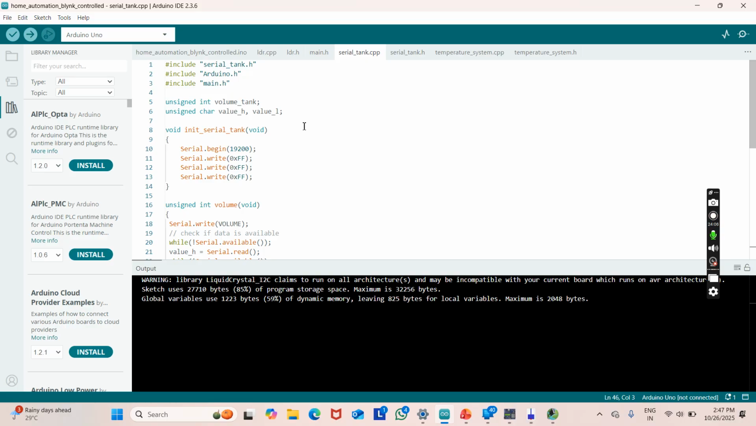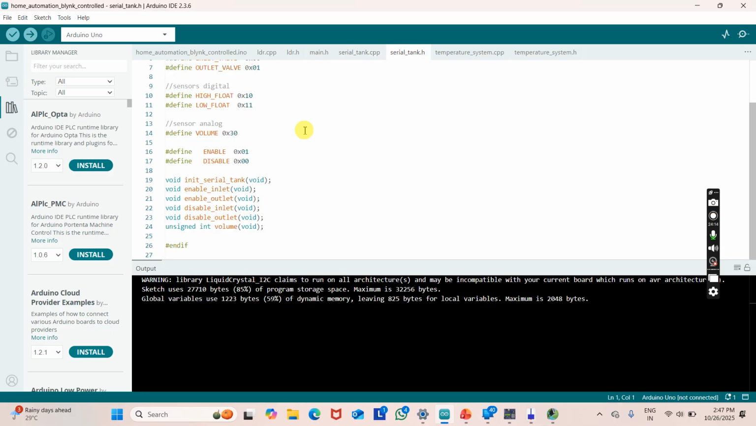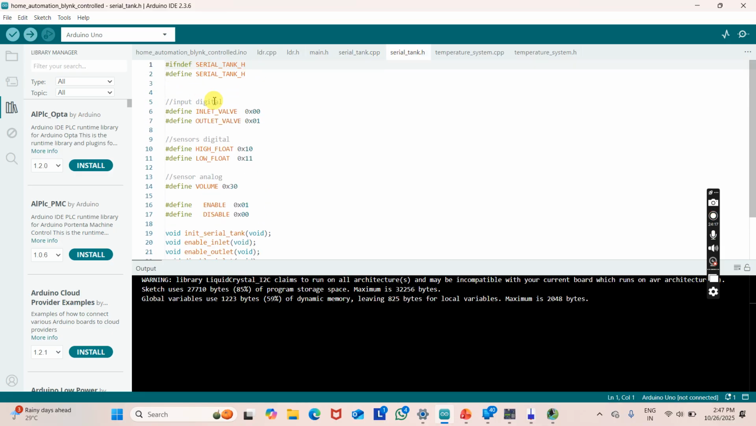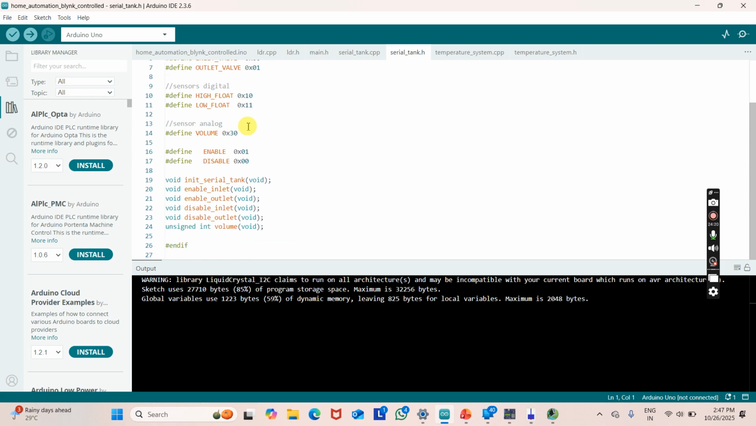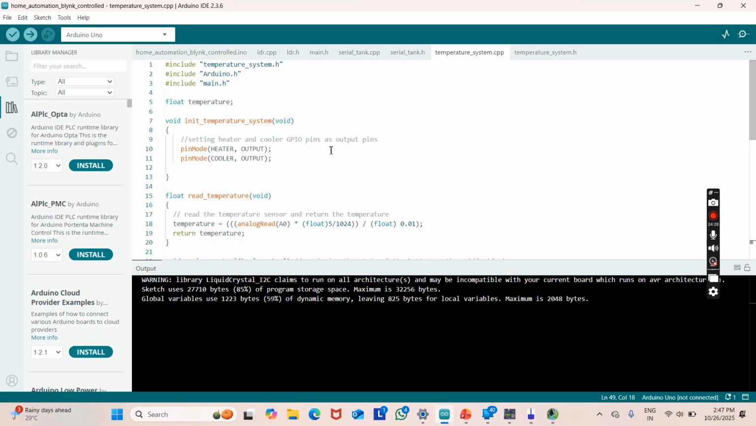Yes, it is the serial tank.cpp file, and it is the serial tank.h file. It is the input digital, sensor digital, and sensor analog some functions program, and temperature system.cpp file. In this we have pin mode, heater comma output setting, heater and cooler GPIO pins has output pins, and this line is used for read the temperature sensor and returns the temperature,